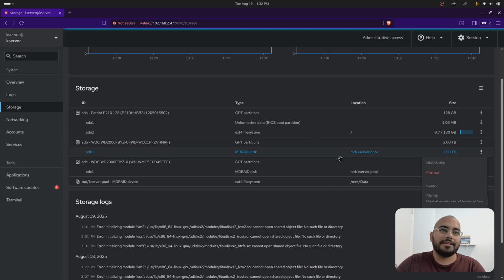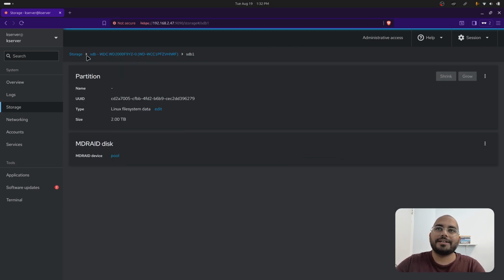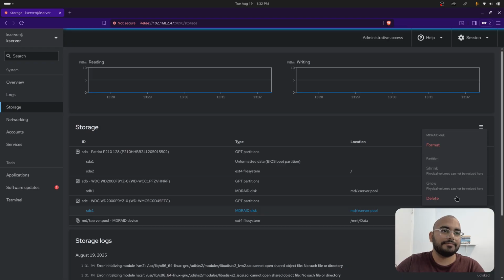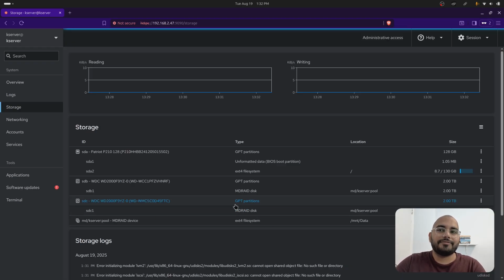Once you do that, it will say unformatted data somewhere here instead of mRAID. Same goes here. If you delete the drives, it should say unformatted, and again you can delete the RAID configuration if you have tried that. So once you are done with both the drives, where you should be able to see unformatted here, you can